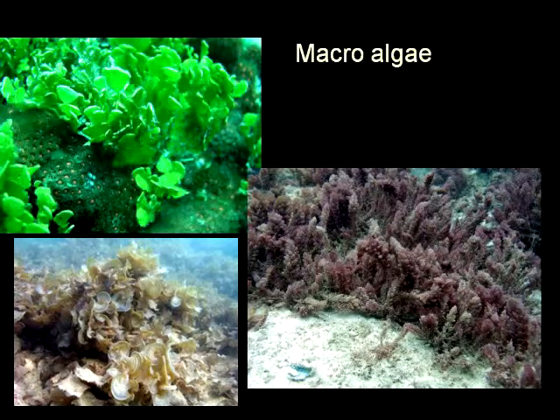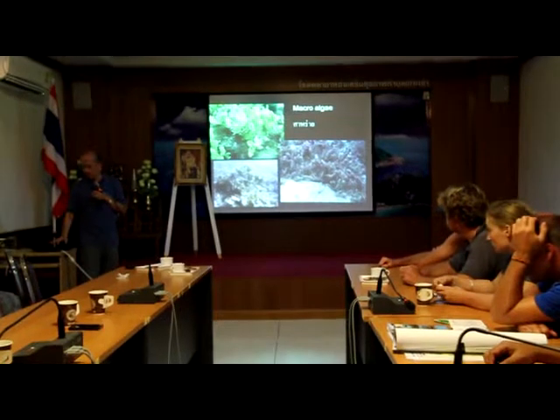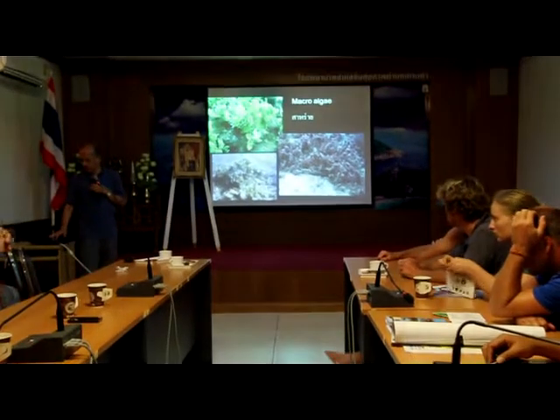We have live coral, dead coral, sand, rock, coral rubble, other, and the next is algae. Just only macroalgae. Macroalgae means the big algae. Maybe like there's a blade like this, very leafy like on the top one, or like a